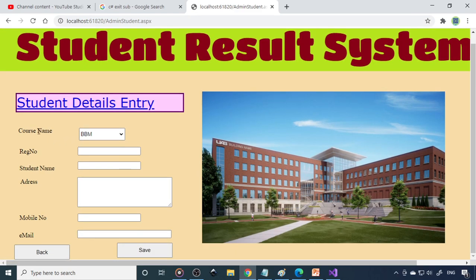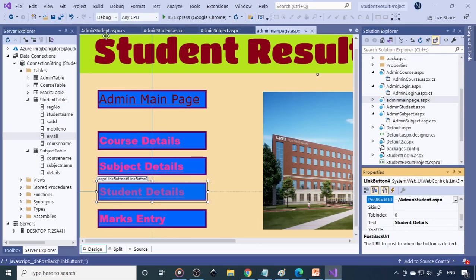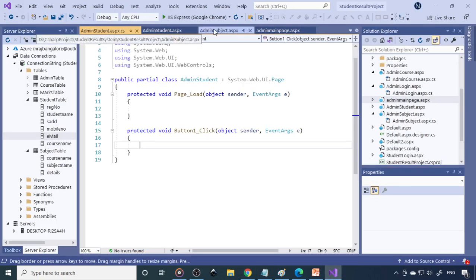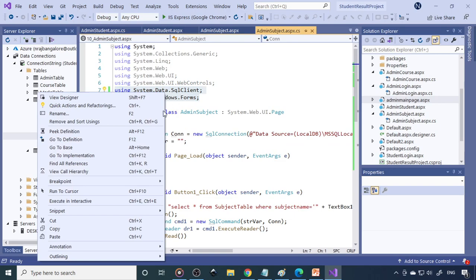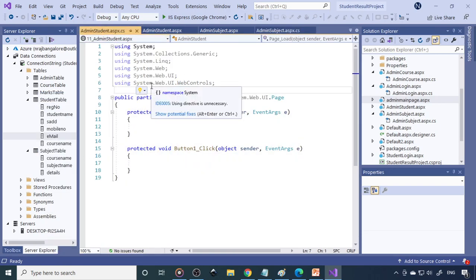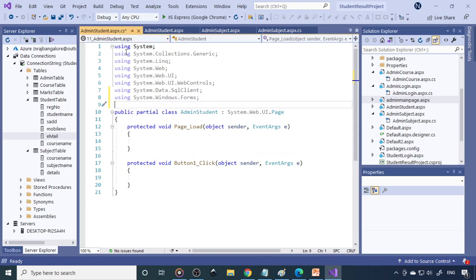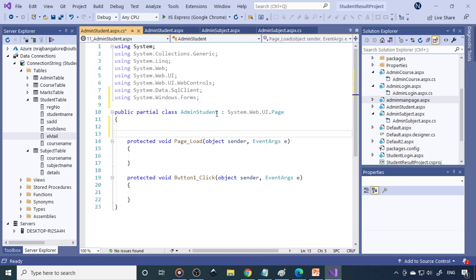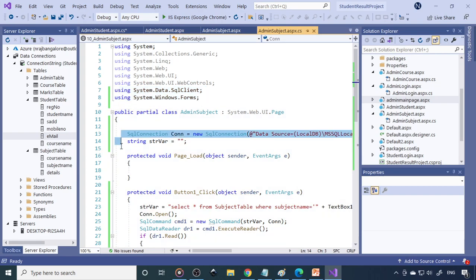Okay, now you can see student course, BBM, register number, name, address, mobile number, email ID, then you have to click the save button. Now we just come back. So now, what are the subject codes that will do the job? Therefore I can copy this code. I can go to student subject, admin student, then here you need to write the connection string, so copy the connection string,